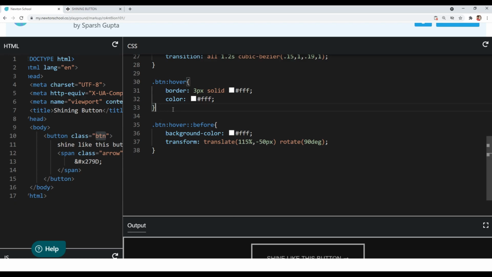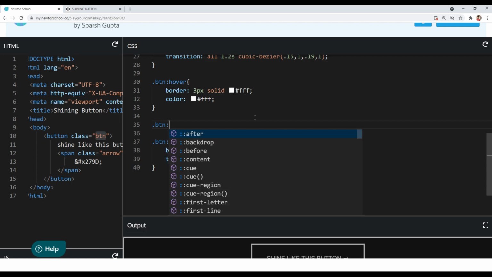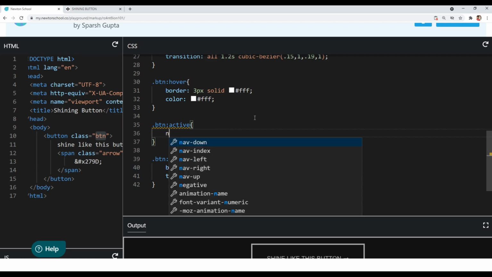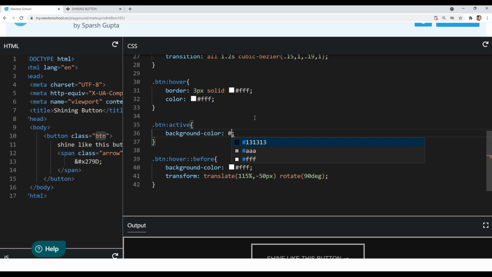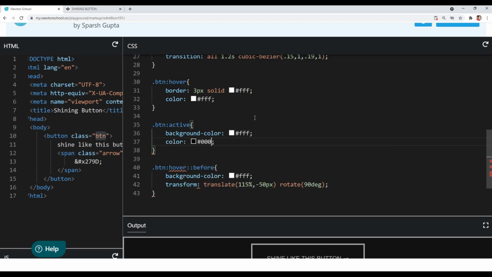And now also let's style some more things. We want to style the active state of our button such that when user will click on that button, I want to style that state also. So when the user will click the button and the button will be in active state, I want the background color of our button to be completely white and the color of our button to be completely black.